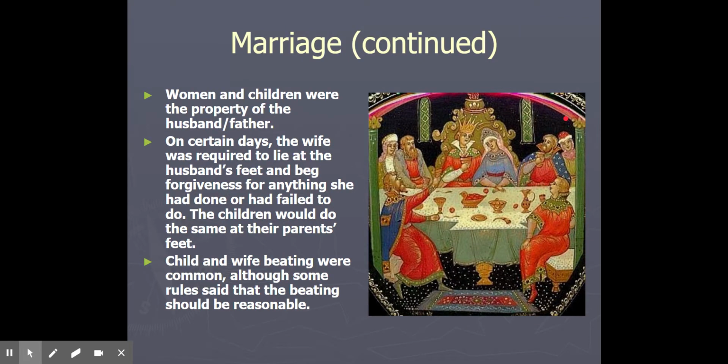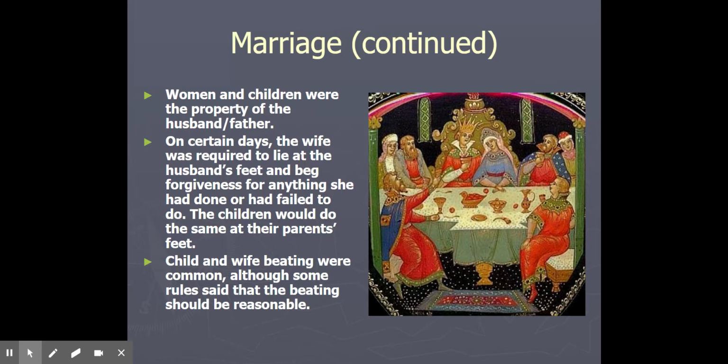Women and children were property of the husband and father. Right, the man was the one in charge, and whatever he said goes. He's the leader. He makes the decisions. On certain days, the wife was required to lie at the husband's feet and beg forgiveness for anything she had done, and the children would do the same thing, right, or fail to do. And so, unfortunately,